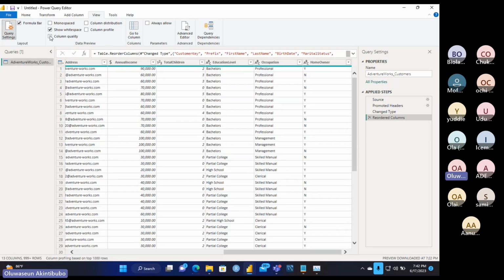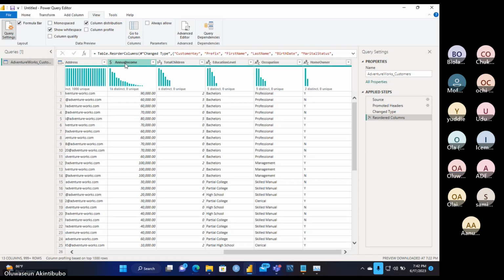So we've been able to see the column quantity, quality. We want to see the column distribution. I've told you that when you want to do an analysis, you want to see the shape of your distribution. The shape of your basket. So it's very important that we